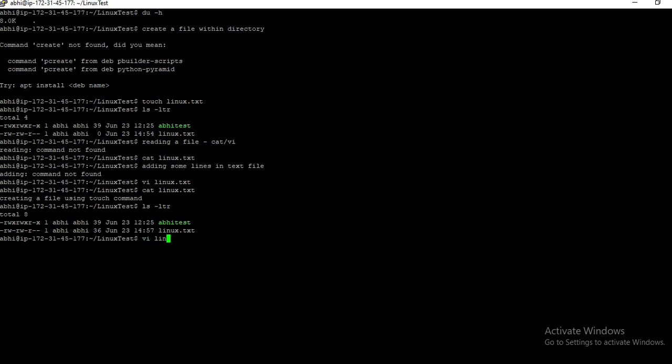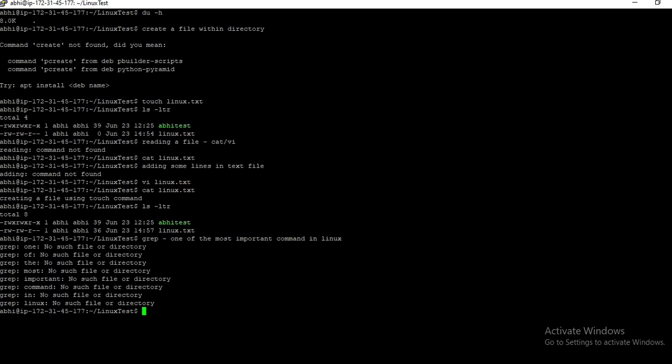The other one is already a different file which we have already seen in the video. So again, I'm just showing what we have to do. When you go inside this linux.txt like we did in the previous video, you can enter any value in it because it's a text file, so it doesn't matter what value you enter. Now if you have any phrase you want to search, and you want to find the file in which that phrase is available, you can use grep. Grep is one of the most important commands.